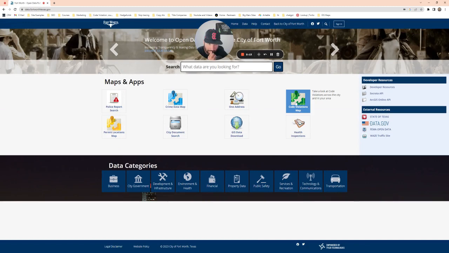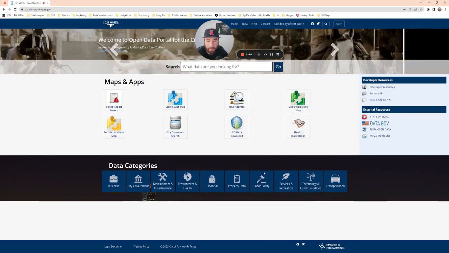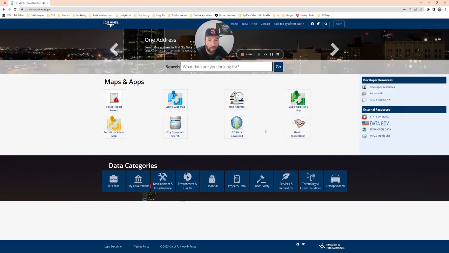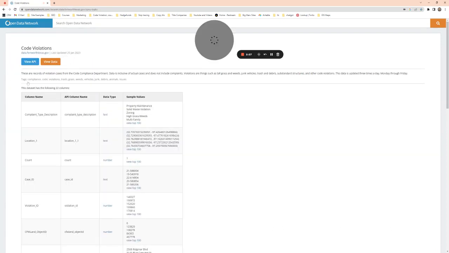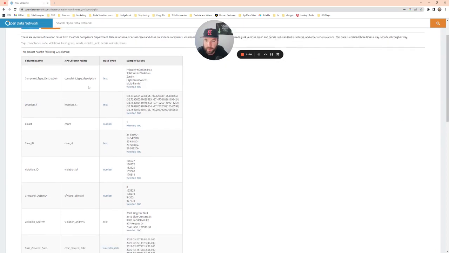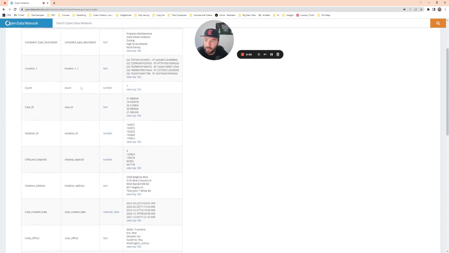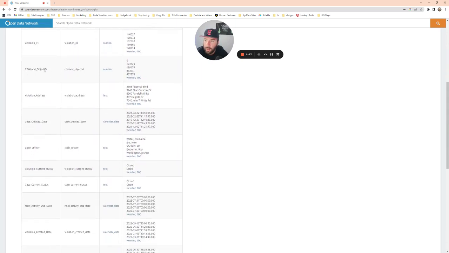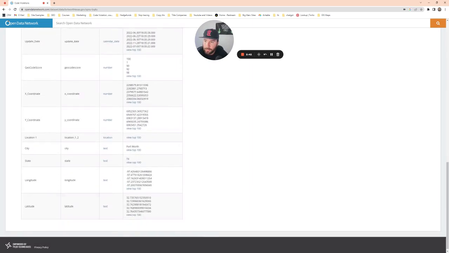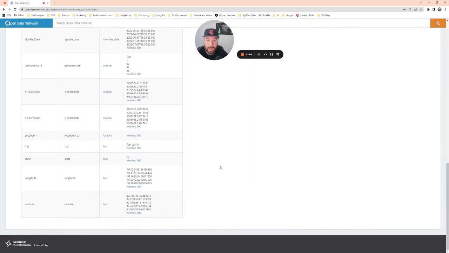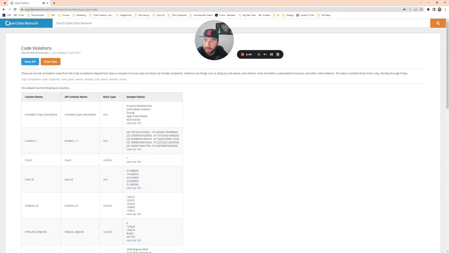And you can see here they have code violations map, GIS data, whole bunch of stuff, which is super helpful. But we can actually skip all this. So you can get the info directly from here, but it's way easier to get it from here. So we're going with that one, just click right above it. And you'll see here's all the different fields that they get, all the different data points. So we have description, which is perfect. We have the address, which we need, and the dates that it was done, city, state, perfect. So that's everything we need to make a list and to skip trace it.